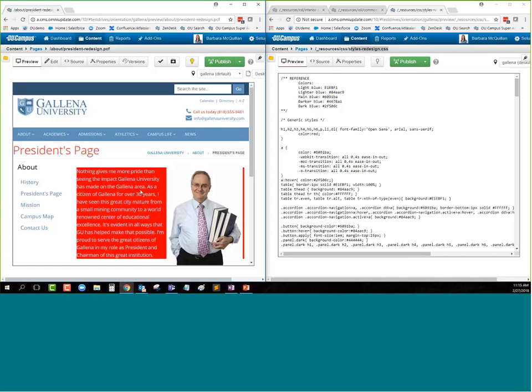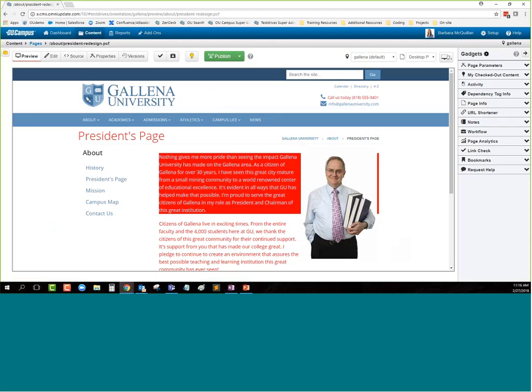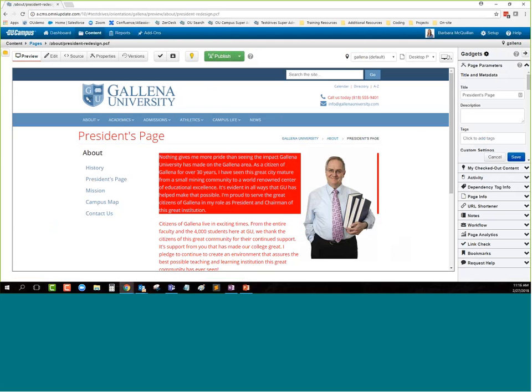Perfect. So you've now seen how to make those changes to your CSS, but what happens if I wanted to make changes to the actual page layout? So based upon this page, let's see how many other things I can turn on using my page parameters gadget. For those of you who have never seen it, as long as the page is checked out to you, if you go to